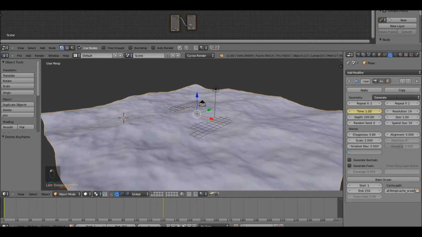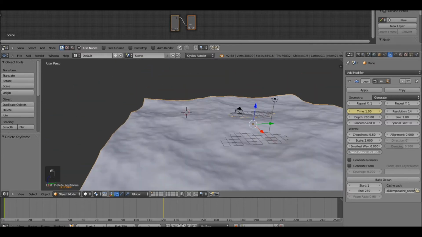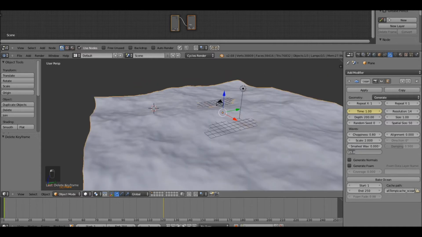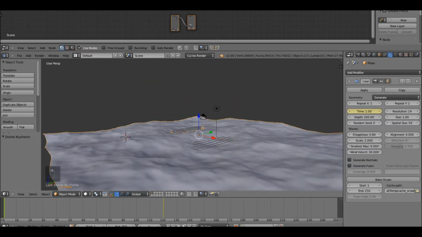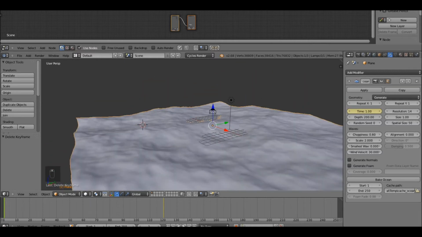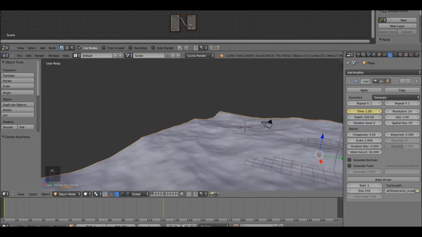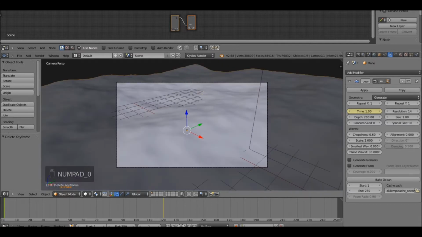Let's do negative 25, I think is good. Let's see. Or just 25 actually. Just do wind velocity on 25, same thing. Now let's do wind velocity of 30. Yeah, 30 wind velocity. This one's good. And turn down the choppiness to 0.6. There. Now this looks a little not peaceful,